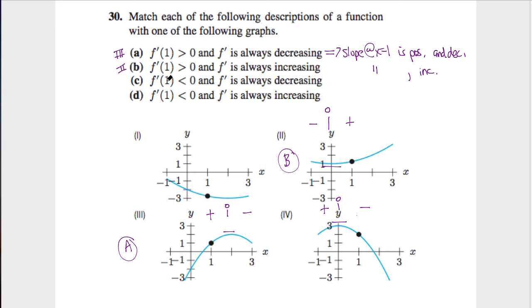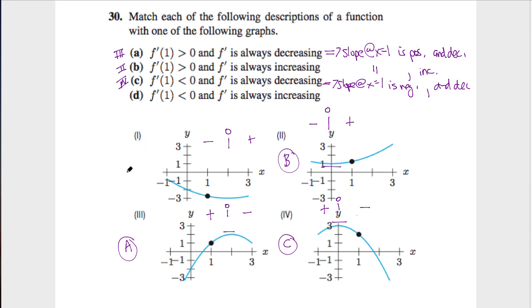For C, we want a negative slope at x equals 1, and we want in this case to always have a decreasing slope. So how does that help us? Well, at approximately this location, we have 0 slope, which is negative. Then it is increasing to be positive, so this is not increasing. Down here, we said that our slope was always decreasing. It's going from positive to become more and more negative, and we have a negative slope at x equals 1. So Roman numeral 4 matches with description C,